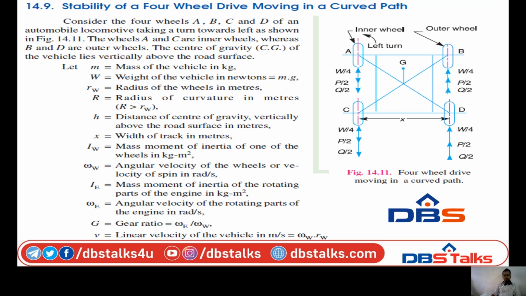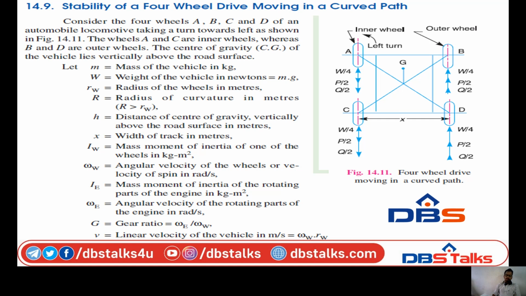Previously, it was purely on the wheels, so IW ωW, where I is the mass moment of inertia of the wheel, ω is the angular velocity of the wheel, and ωP is the precession velocity as usual. At the same time for the engine parts also, IE is the mass moment of inertia for the engine, and ωE is the angular velocity of the rotating parts of the engine, with ωP as usual. That equals IE ωE = G ωW ωP, where G = ωE / ωW.